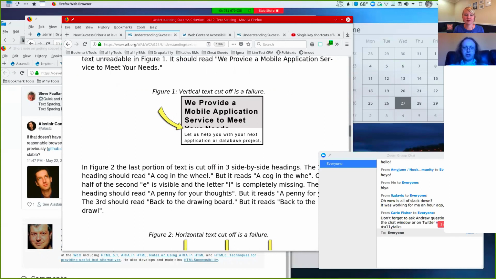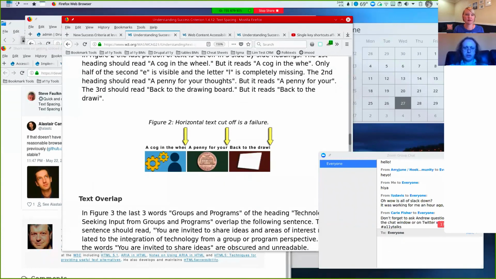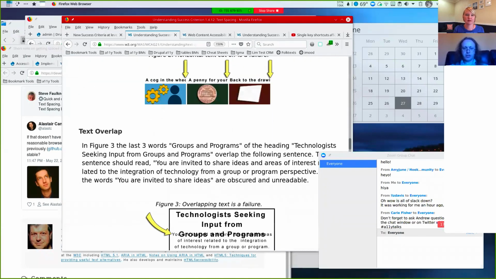Someone has jacked up the spacing, and because there's a card that has been constrained, now everything's all a bit overlapping. You can't really read all the letters. A few more. Here we've increased the spacing. There's a few picture tiles, and where these arrows are pointing, we can see that the word wheel has been chopped off, back to the drawing board, I guess. But that's the kind of cut off, hide your overflow example of things breaking.